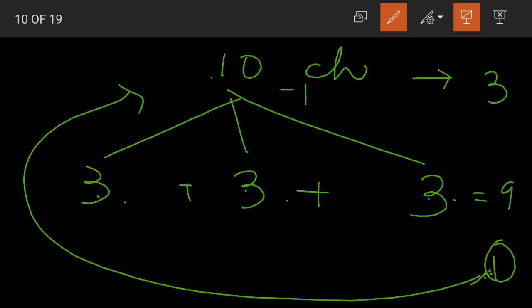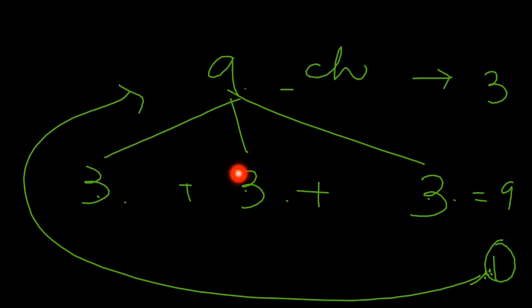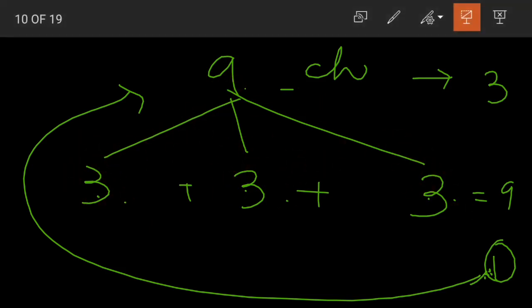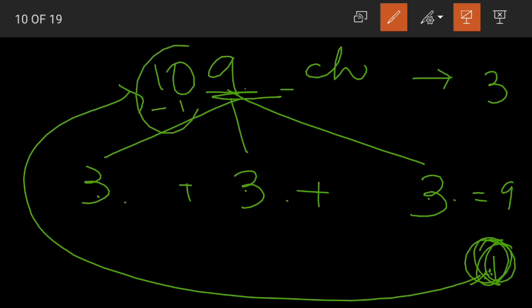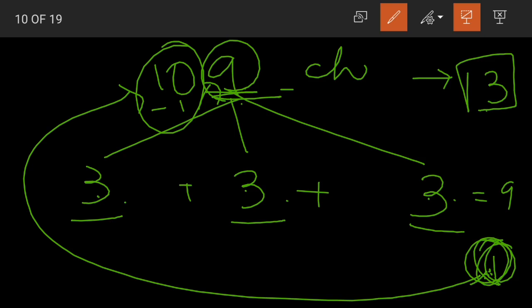So when I subtract the remainder from the given number, 10 minus 1 is what? 9. So 9 here is exactly divisible among 3 children. When we have only 9 chocolates, we can divide them exactly between 3 children as 3, 3 and 3. Clear, right? When we subtracted the remainder from the given number, the resulting number is exactly divisible by 3. So how to find out the number that should be added?